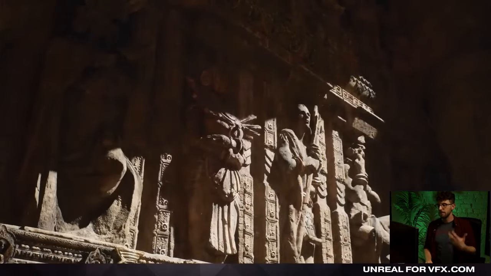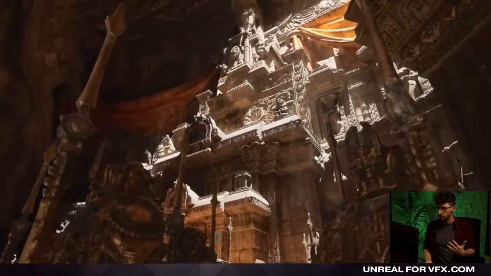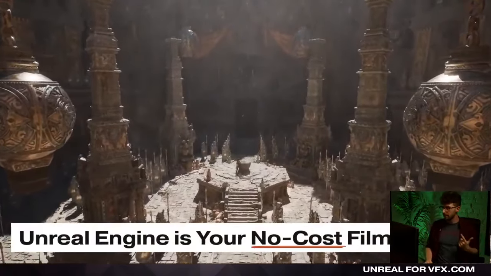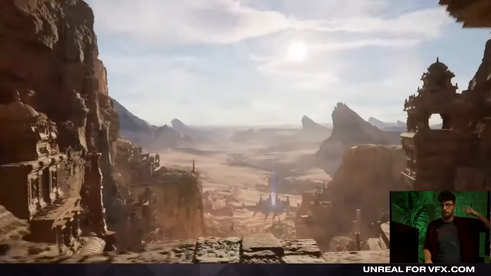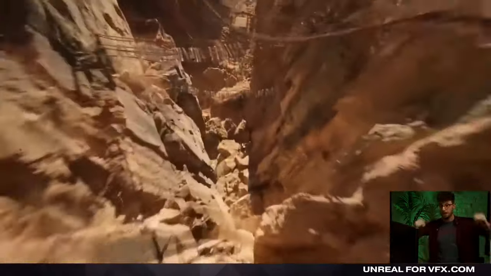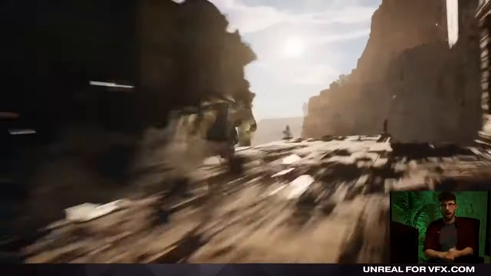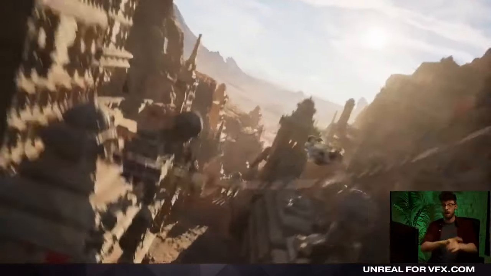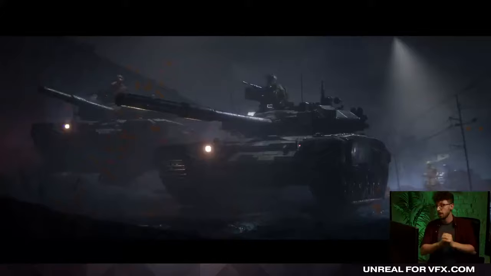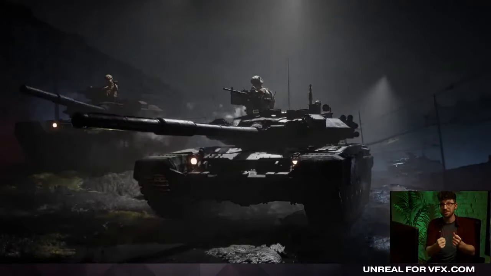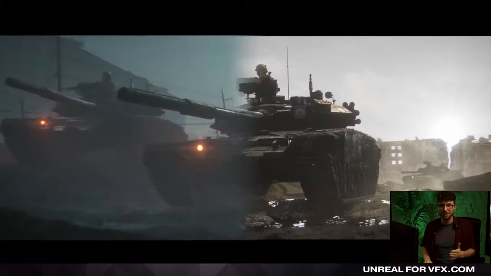So yeah, we want to take advantage of the power of Unreal Engine, which is real-time lighting, and there is no limit to the amount of detail we can add into our scene. We can literally add billions, and I'm not kidding here, billions of polygons like you see in this scene here, and play something like this off of a modern day laptop, off of a gaming PC or a MacBook. This is the power of Unreal Engine, and we're going to harness it, leverage it for our own scenes so that we can just totally bypass the rendering process.